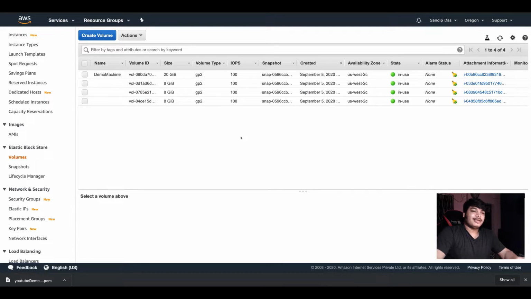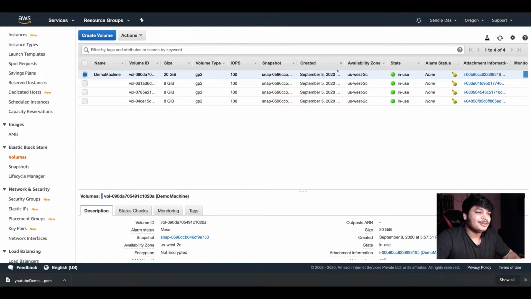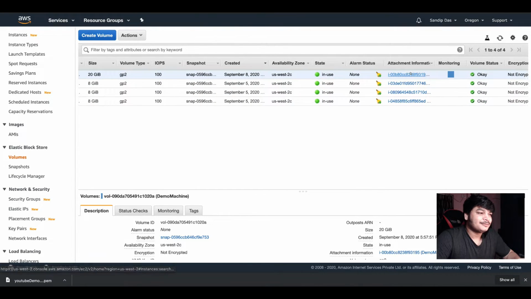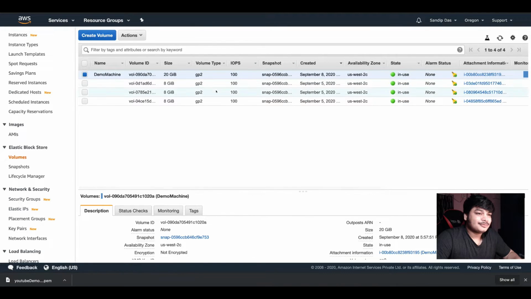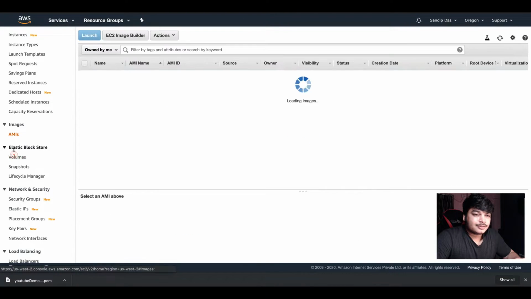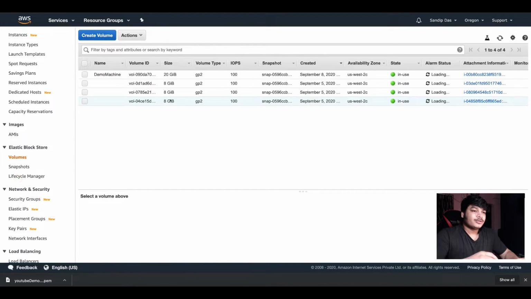What are the volumes? Again, you remember we have created the instance and the volume. I have selected 20 GB. That is here, the 20 GB volume. You can see it's attached to the instance here. And since we have the tagging, the name is also tagged here. Volume 20 GB.